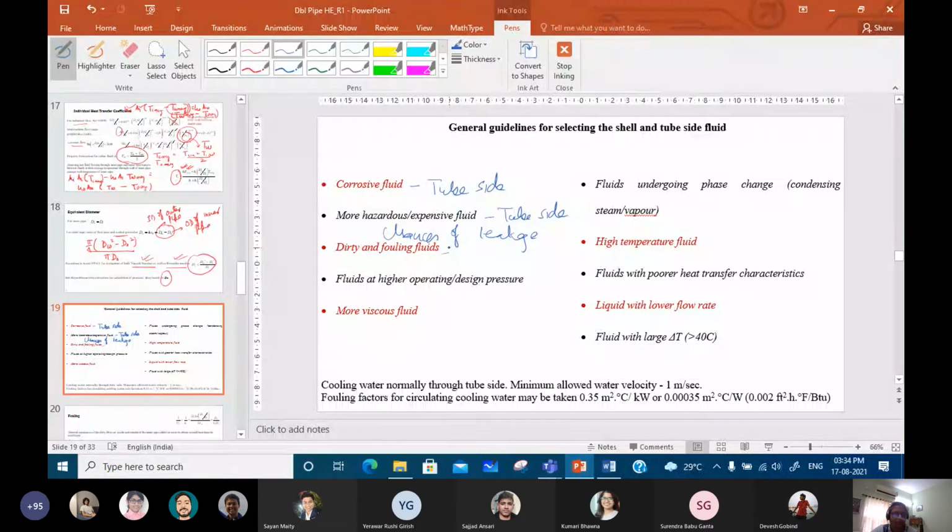Isn't it? But will it be something very easy that for every such thing you will be removing the tube, cleaning the shell, and then again inserting the tube, and then all this fitting process, there may be some leakages, etc. So therefore normally tubes are easier to clean, if they're not very small. Point one. The other thing is that the fouling tendency is also lower for the case of tubes.